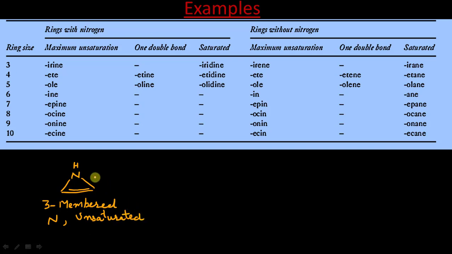Now what we need is prefix plus stem. As it is nitrogen, the prefix is aza. In order to find the stem, we have to concentrate on the left hand side of this table. So for a 3 membered unsaturated system, with maximum unsaturation, it is IRINE. So the stem is IRINE,